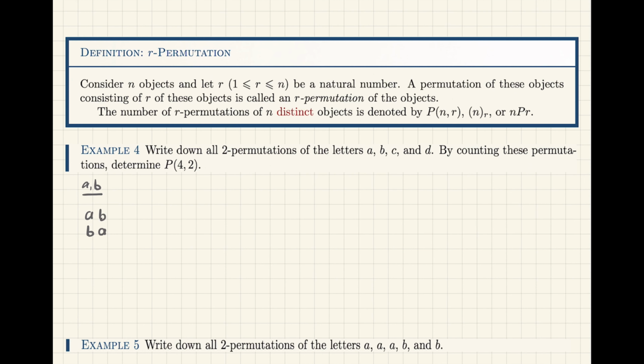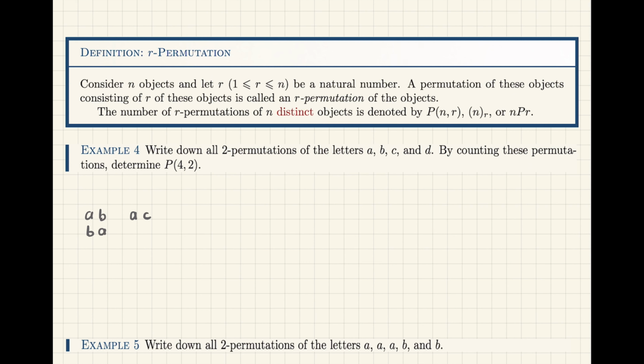Or I can choose, for example, A and C. So let me clean this, we don't need that. Okay, this is one possibility. One possibility is that I choose A and C. So then there are 2 ways of arranging them. So not only do I have freedom in my choices, I also have freedom in how to arrange them after I